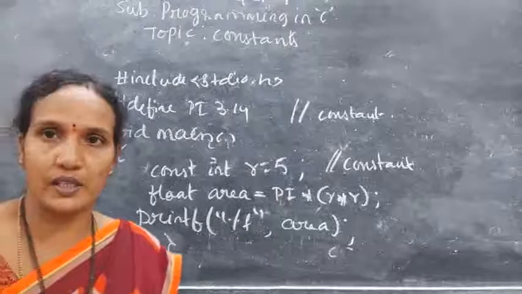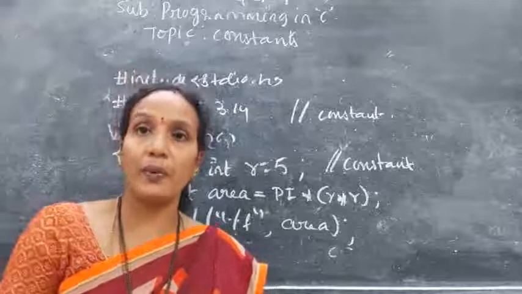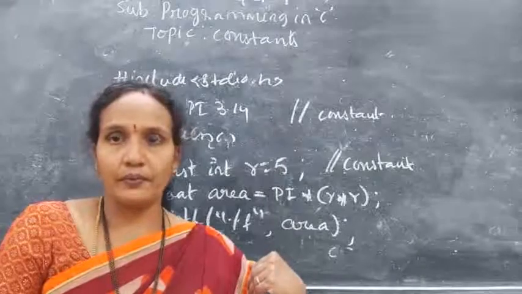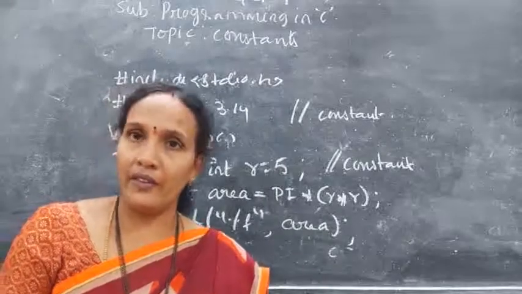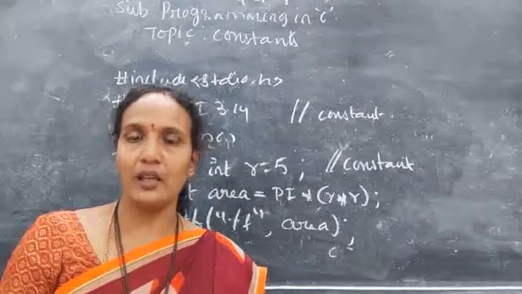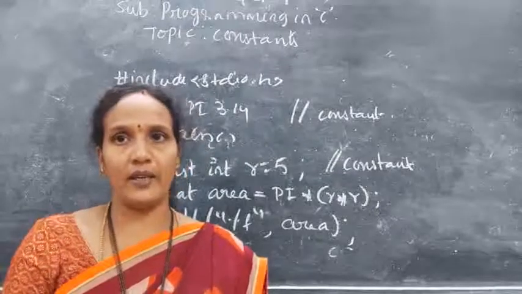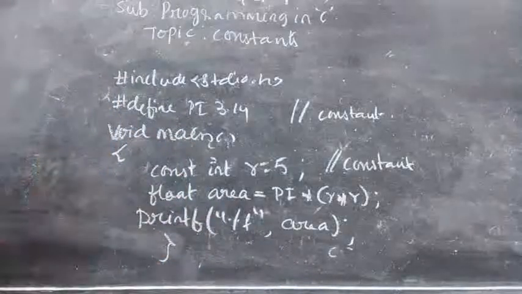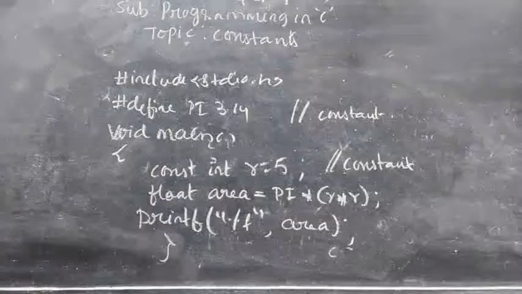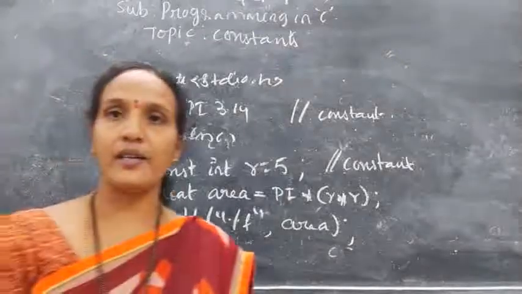Printf is an output statement. Using a printf statement only, you can print on the output screen whatever you want to print from a C program. If you're writing a program, sometimes you will give input and sometimes it will give the output. If it is output, then in order to print the output on the screen, we'll use the output statement. In order to take input from a user, we'll use scanf. Later I will explain that. So for the time being, you take this. Okay, so with this, constants are over.